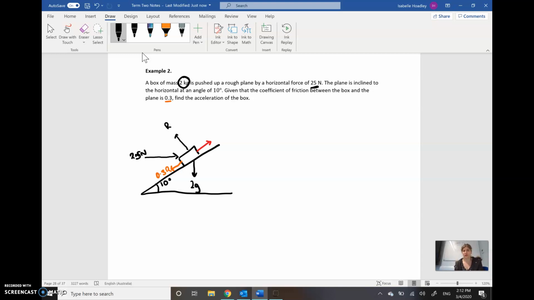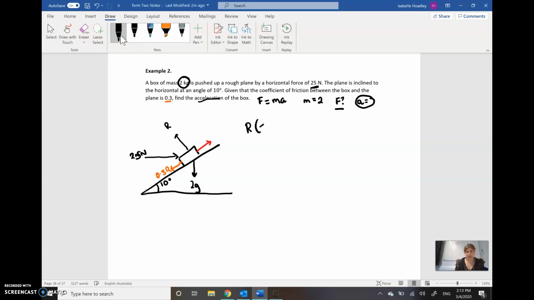Given that the coefficient of friction between the box and the plane is 0.3, find the acceleration of the box. So with F equals ma, we know m equals 2, we need to find F, and we are trying to find a. That's our main thing that we want to solve for. To get our force, we need our net force. We can resolve in a few different ways. If we resolve, sorry, in line with the plane,